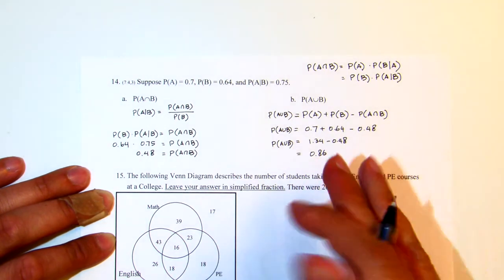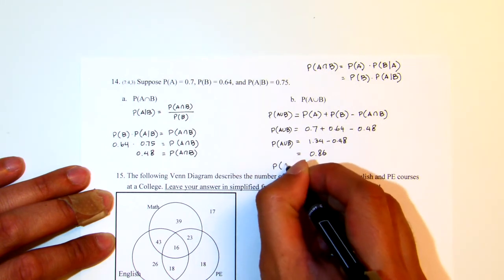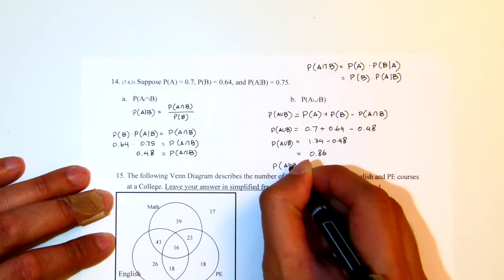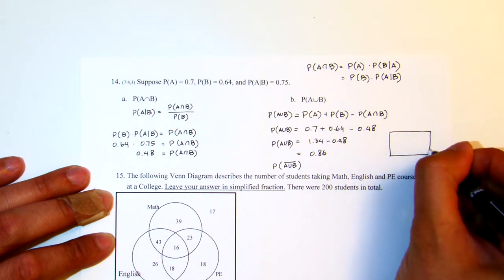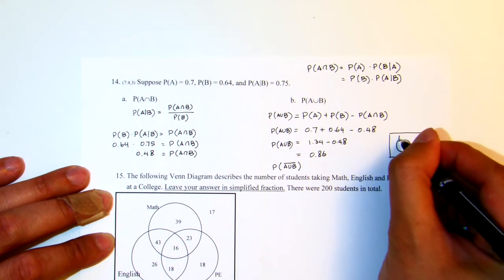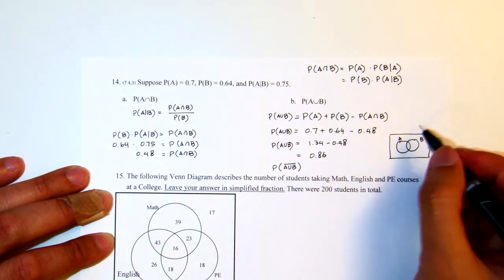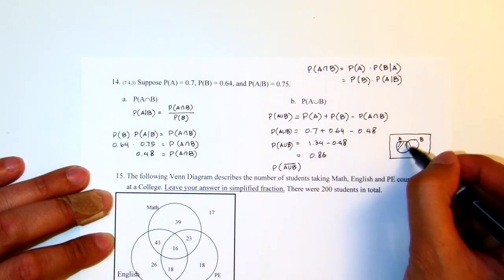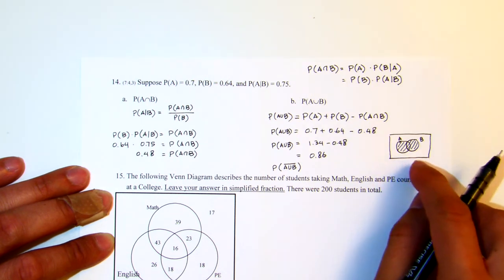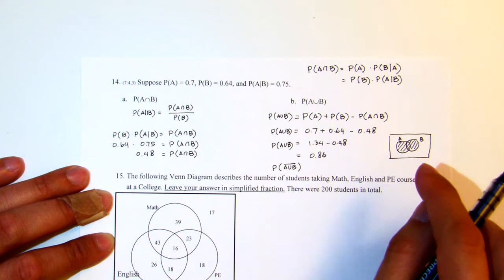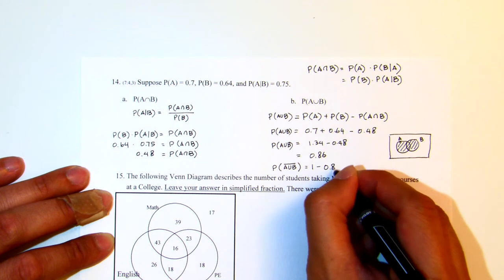Now actually from here, if you want to think a bit further, what is the probability that it is not A union B? In other words, if you imagine the Venn diagram, let's say this is event A and this is event B. Now A union B refers to the region inside A or B, right? Now how about the probability that neither A nor B happens? That's equal to 1 minus that thing,